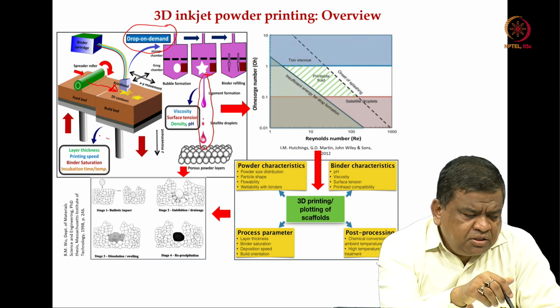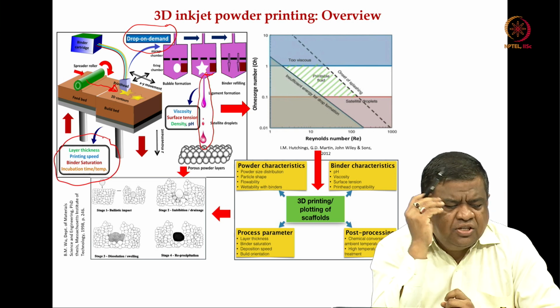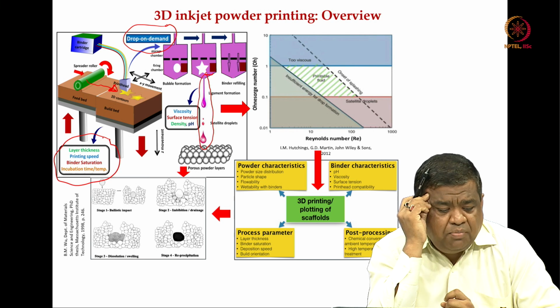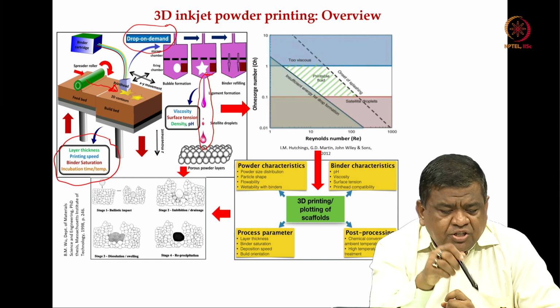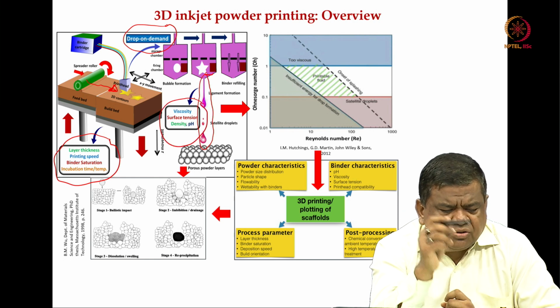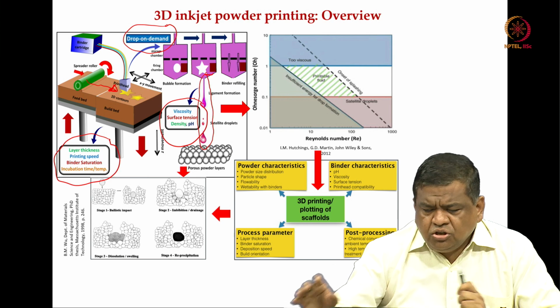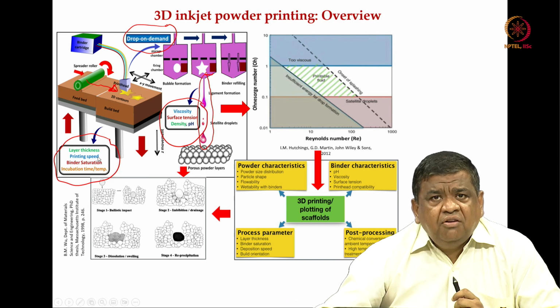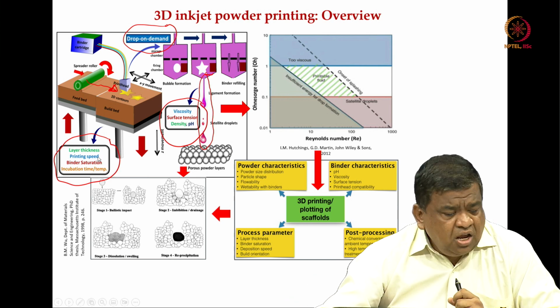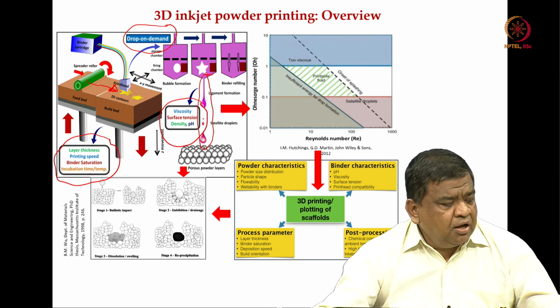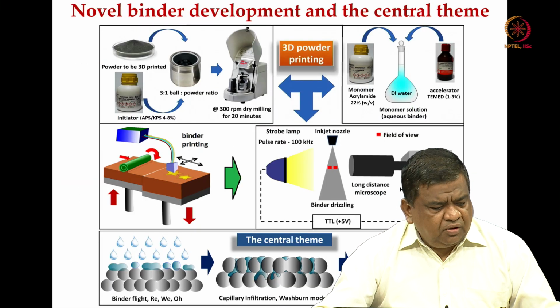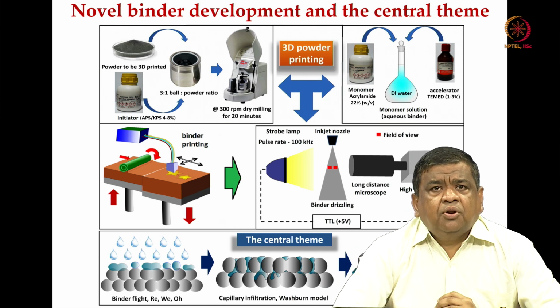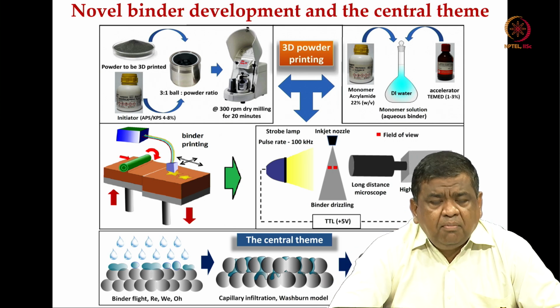Therefore, several parameters are of importance, which include layer thickness, printing speed, binder saturation, and in terms of binder properties, viscosity, surface tension and density. Most of these things I have explained, but I thought I would revisit these basic fundamentals so that I can continue with the more scientific case study. So, what was the concept behind this set of experiments?